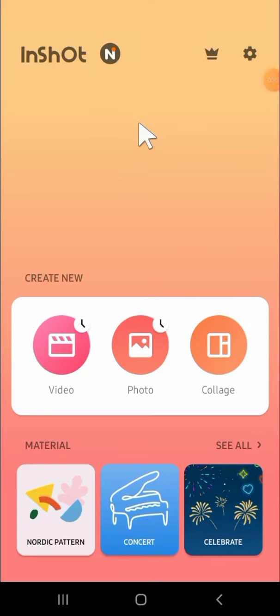In today's video, I'm going to show you how you can remove text or logo from your video. So for today's tutorial, I'm going to use the InShot application to remove the text or logo. So make sure that you have installed the InShot application on your phone, and after you have the InShot application